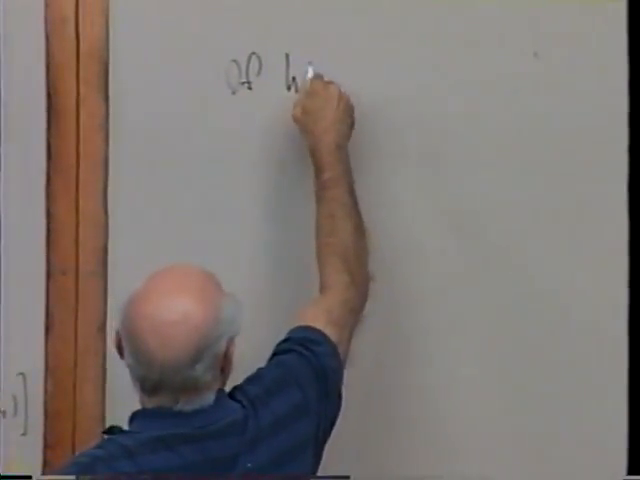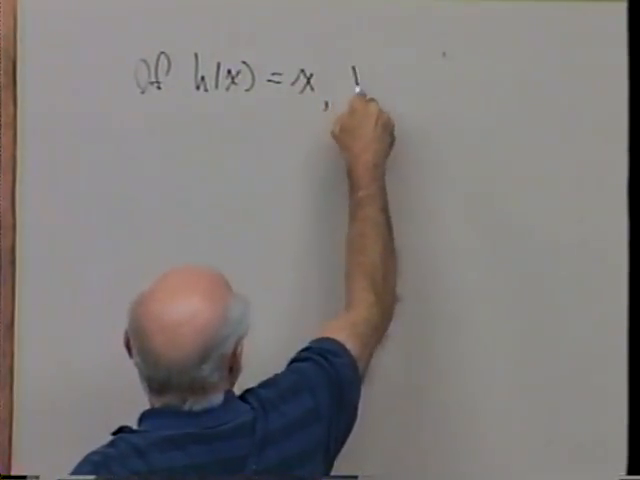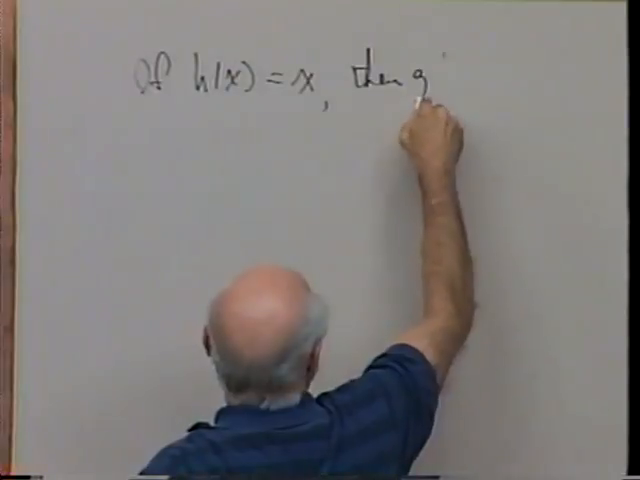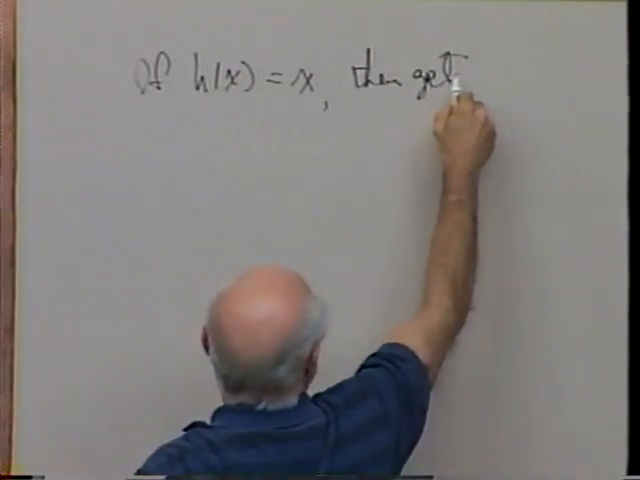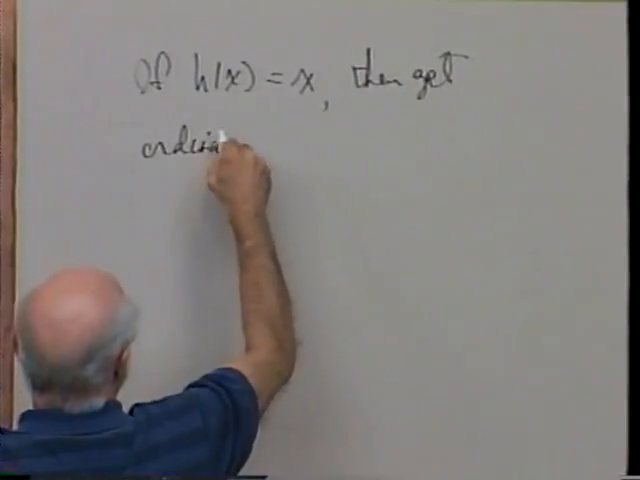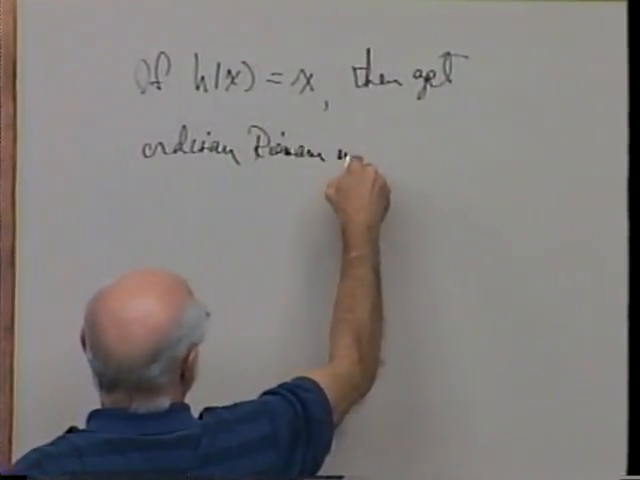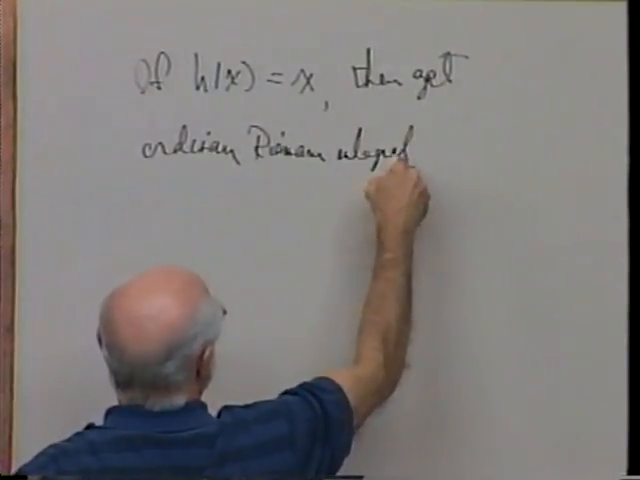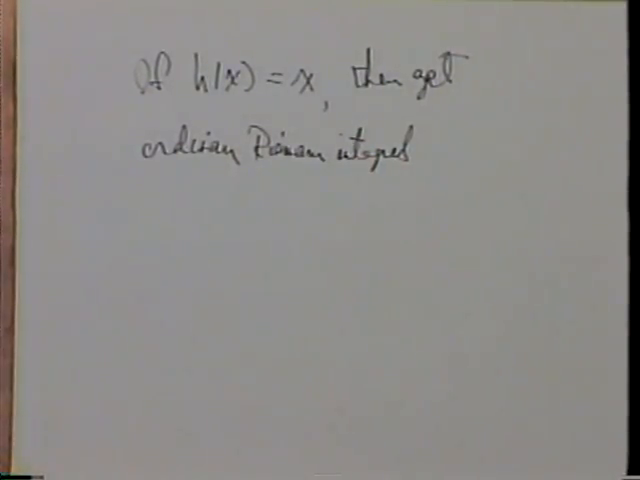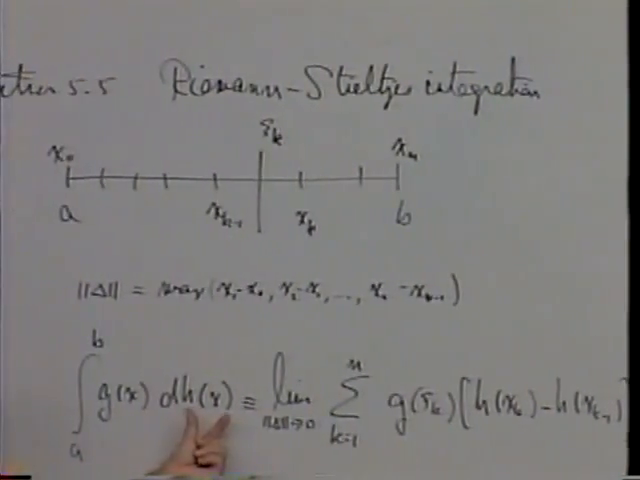If h of x equals x, then you get the ordinary Riemann integral. If you go over here, in this definition, I take the h of x to be not simply the value of some arbitrary function